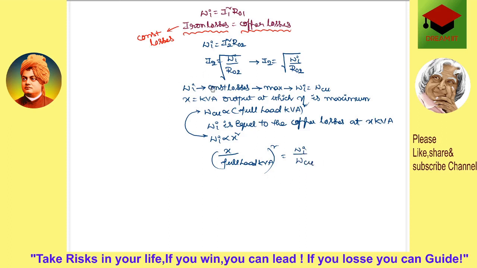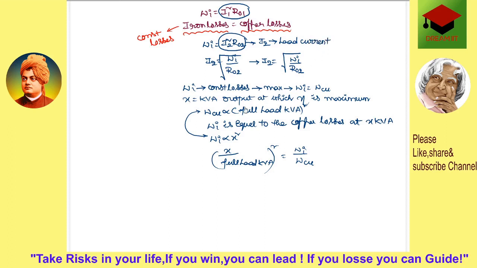So whether you understand or not, you see here iron losses are constant losses, and the efficiency is maximum when iron losses are equal to the copper losses. Let us consider X is the fraction of the output at which you are going to get the maximum efficiency. Copper losses depend upon the load, because if you observe the equation of the copper losses, they depend upon the load current I2. So depending upon the load current they are varying.